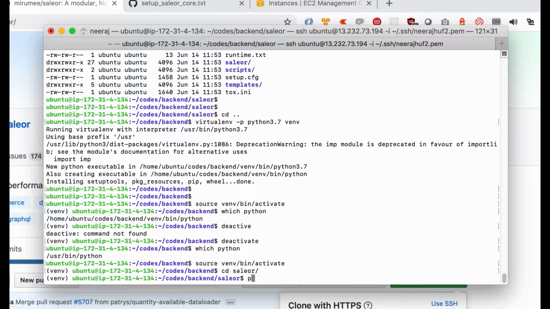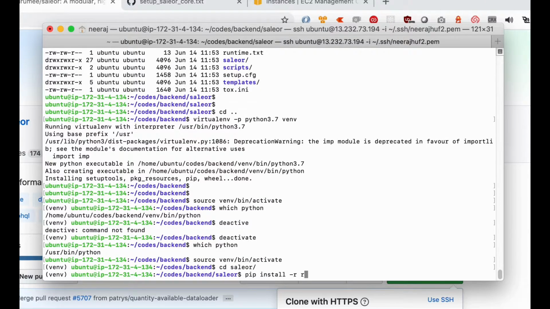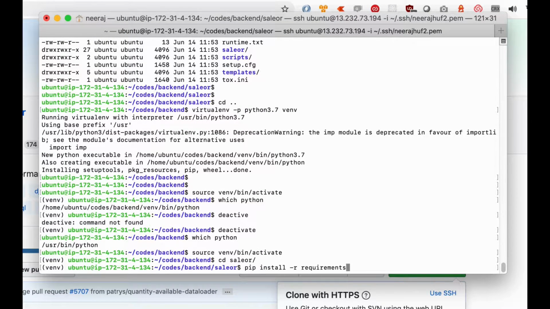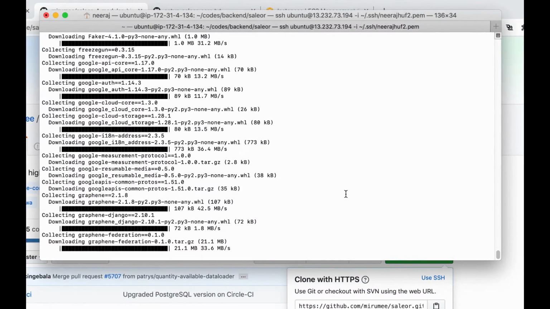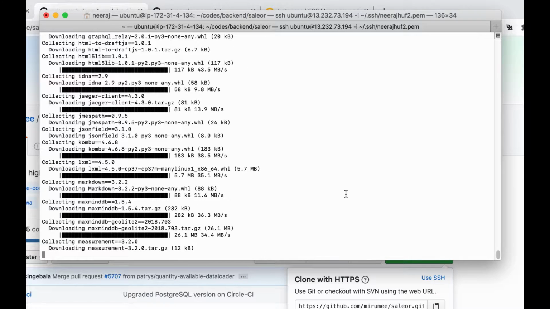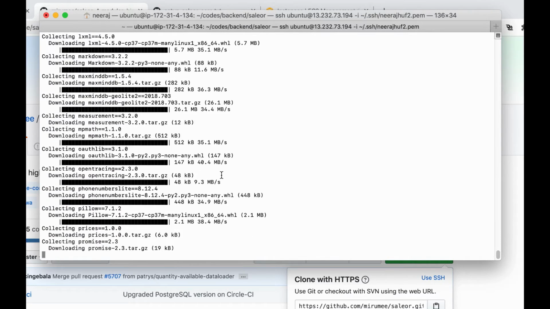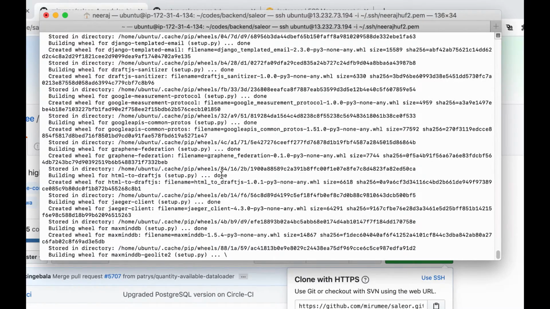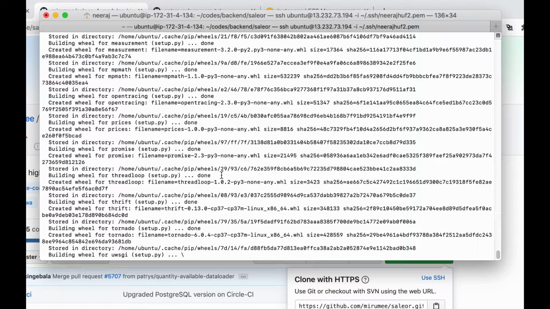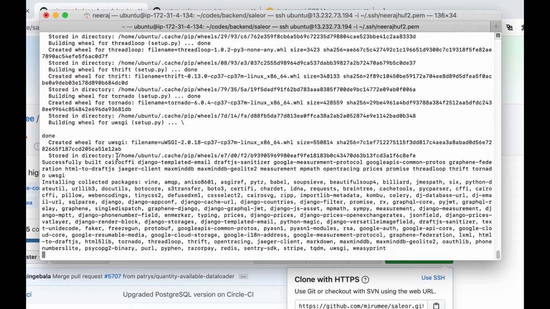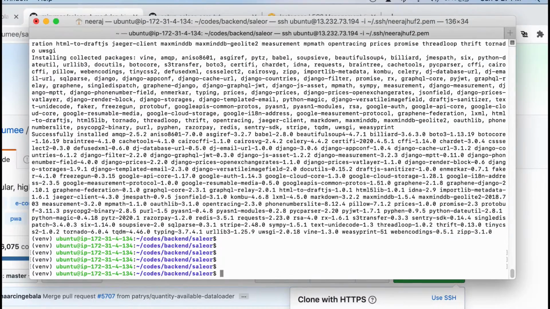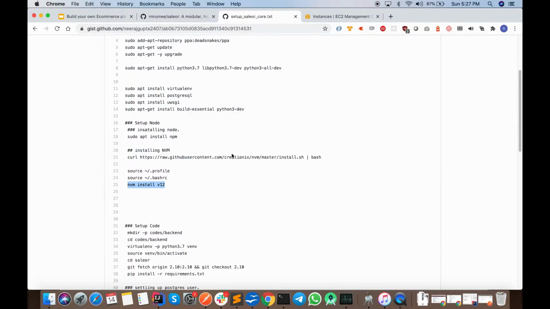Now I am simply going to install all the requirements mentioned by Saleor. As you can see, my requirements have been successfully installed.